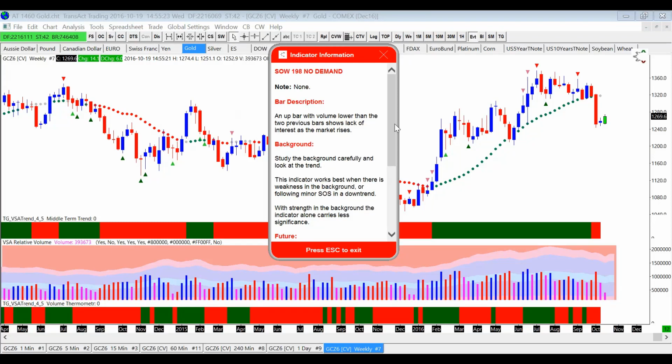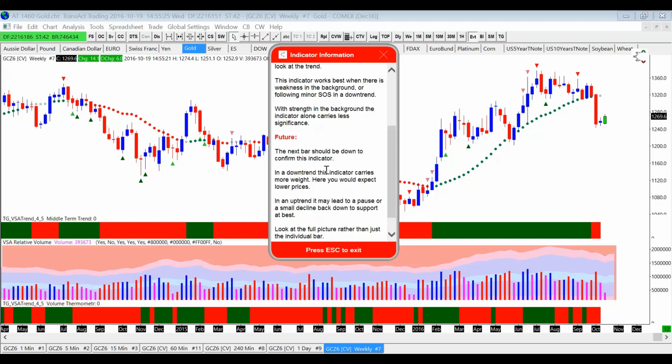Future: the next bar should be down to confirm the indicator, right? What does that mean? It means it needs to close lower than the indicator bar itself. In this case, it is confirmed on the weekly chart. So now, if you're a trader looking to get into gold, you've got everything you need to start looking for short trades. Over the last 2 weeks, I've been positioned short gold on several things,